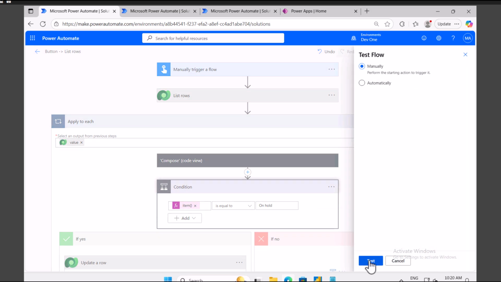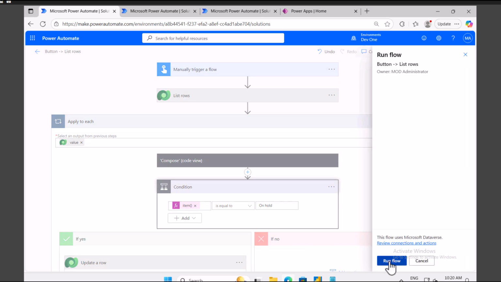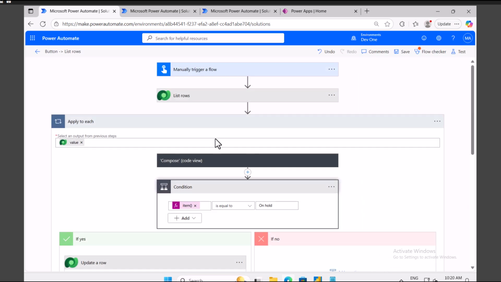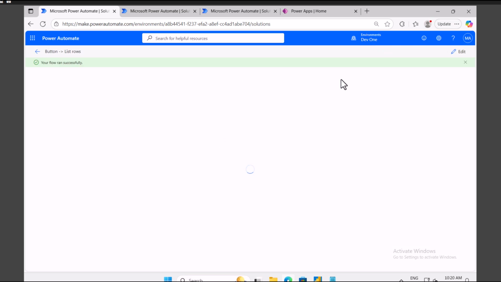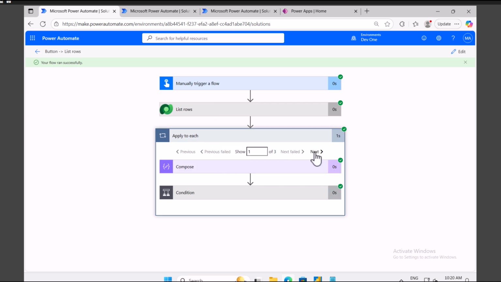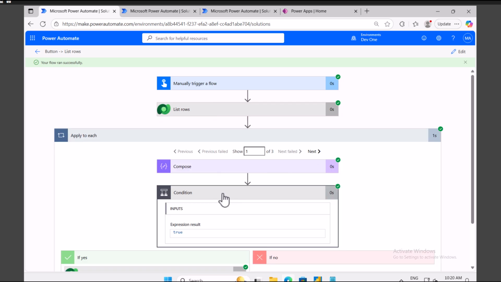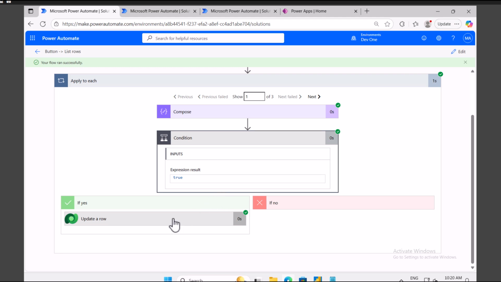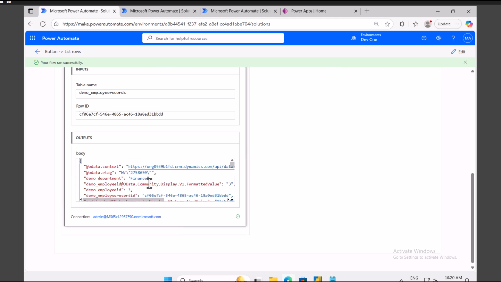So let me test it, and click on done. Okay, alright, so this time the flow ran 3 times, but our condition should run, you see it is true. So we're just simply going to update the, one second, let me search for that employment status,